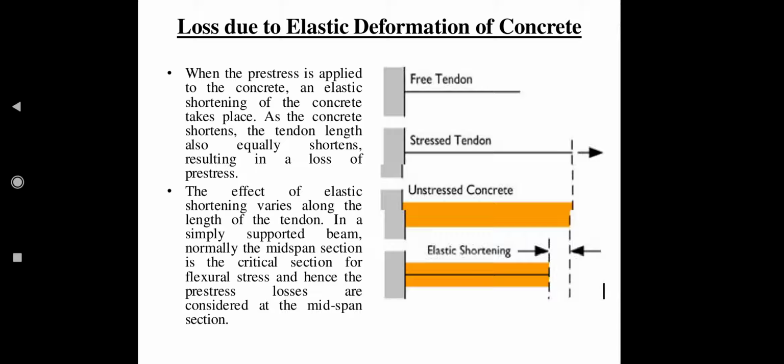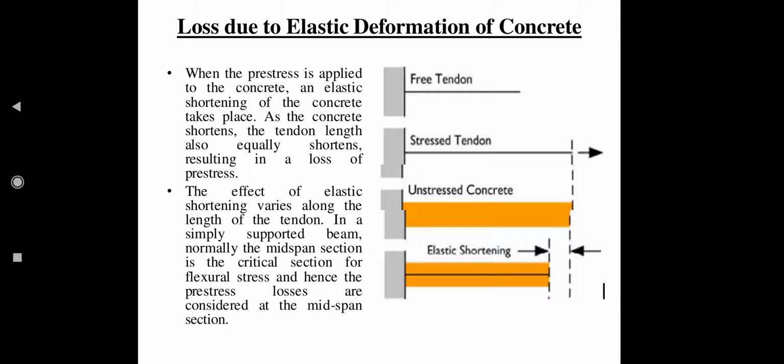So in this case the pre-stress losses are considered at the midspan of the section, whereas in case of continuous span beams, there are many flexural critical sections, or many sections where the bending is critical. So in this case we will get many points where we need to check for the losses of